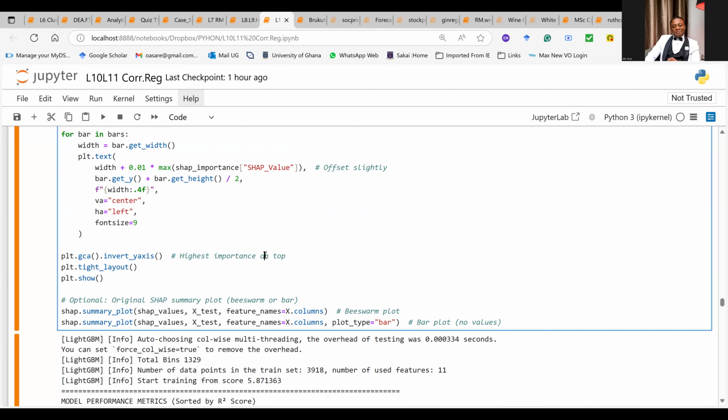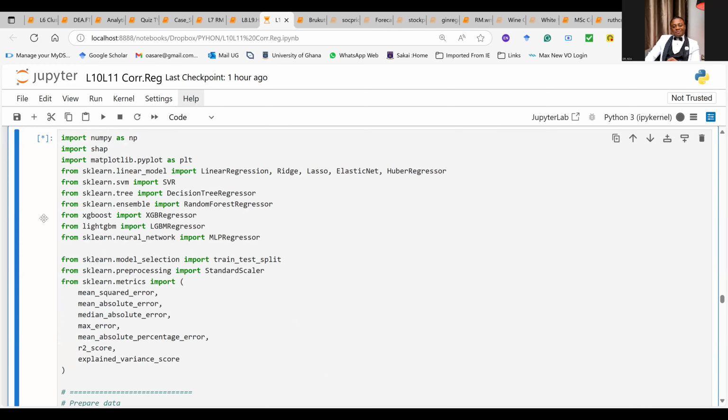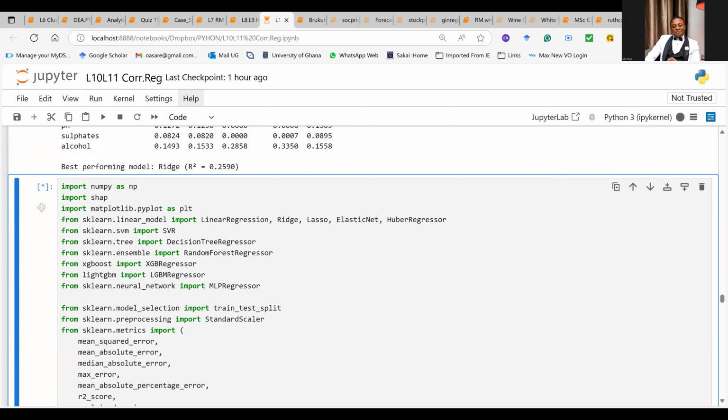This will take some time. I'm going to run it. It will take like 3 minutes, depending on the speed. Of course, the star says that it's running. If you have been using your computer a lot, like I've been using my computer, you got to give it some time. And we are dealing with data sets, which is, I think, over 4,000 as well. So you got to give it some time.